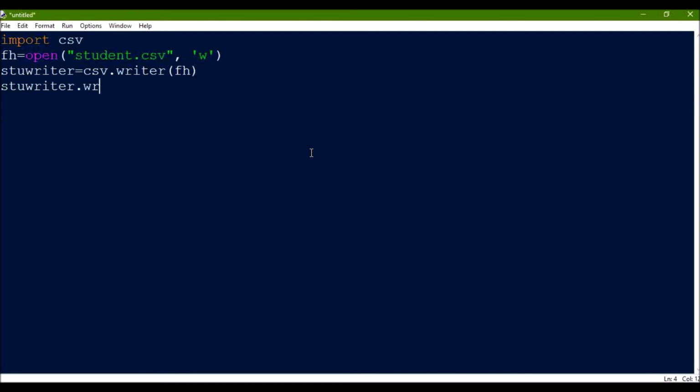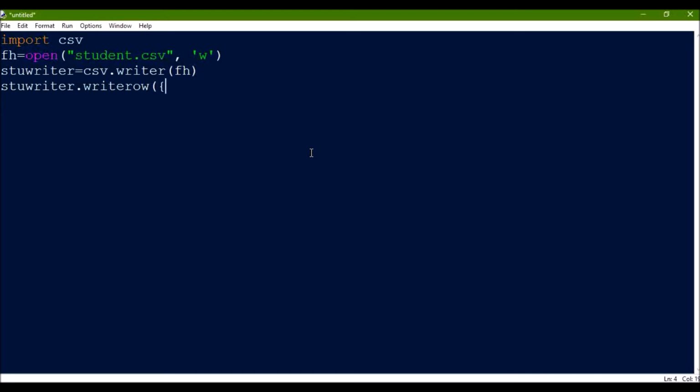And then we will write stu writer dot writerow, because first of all I want one line as a header, so I'll mention that over here, what are the column names that I want in my header. So first of all I'll use writerow to mention the column names.